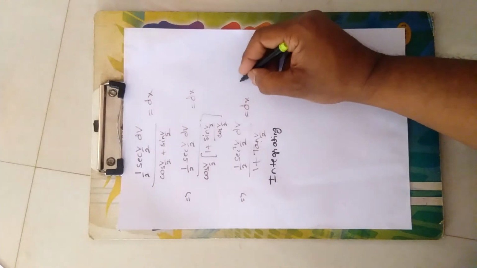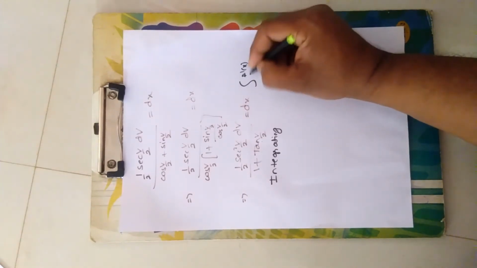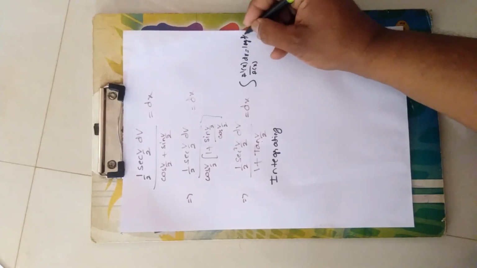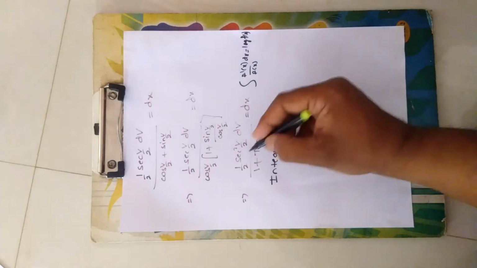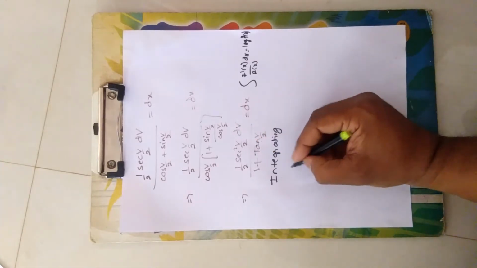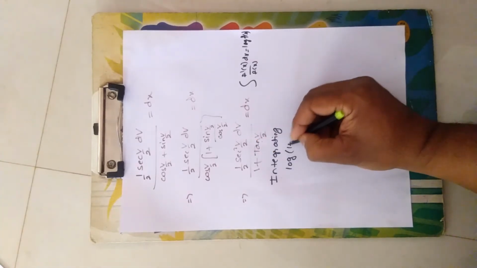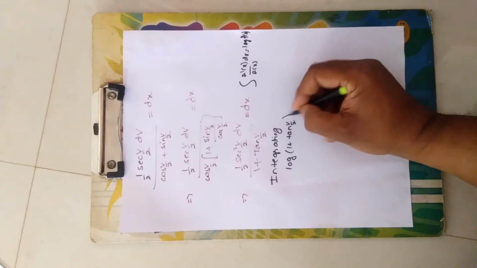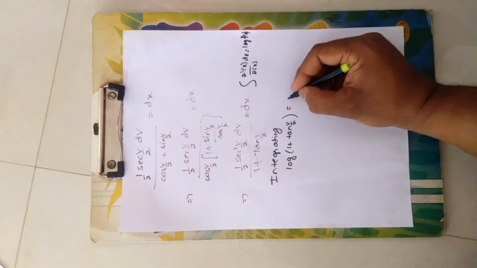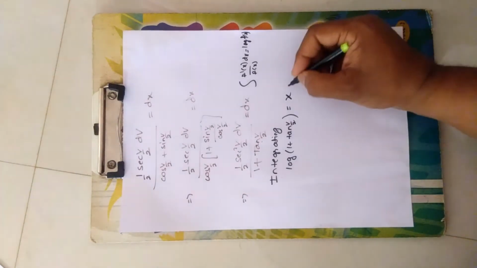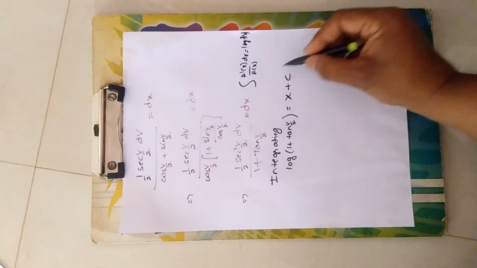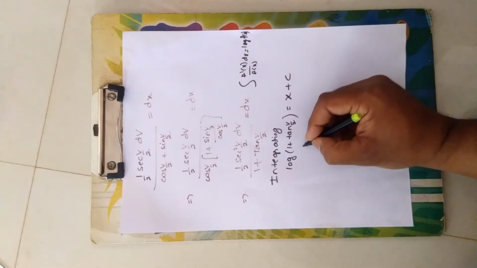So we know that the integration of f dash of x divided by f of x dx is nothing but log f of x, correct? So here this is f of x and this is f dash of x, so its integration is log of 1 plus tan v by 2, which is equal to the integration of dx, that is x plus an integration constant c. So thus we obtain this as the solution. So now what do we do?